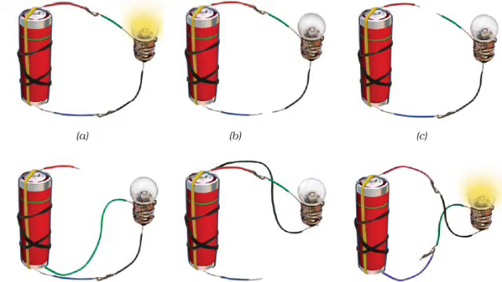For each adjustment, find out whether the bulb glows or not. Write no or yes for each arrangement in your notebook. Now carefully see these arrangements in which the bulb glows. Compare these arrangements with those in which the bulb does not glow. Can you tell the reason for the difference?